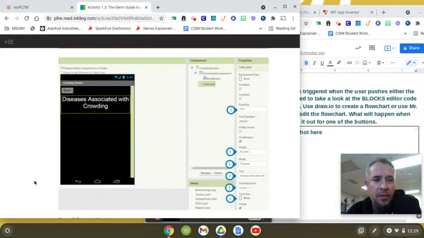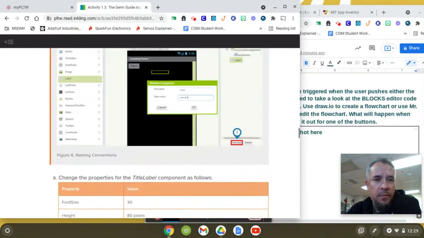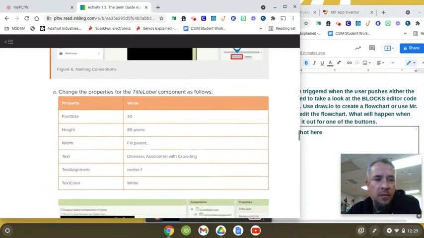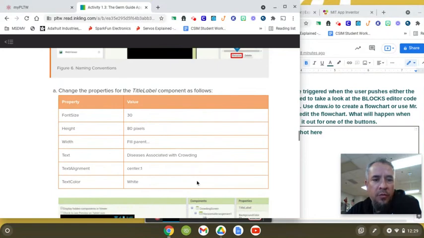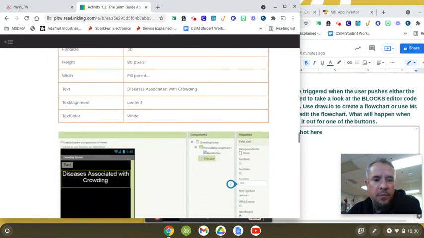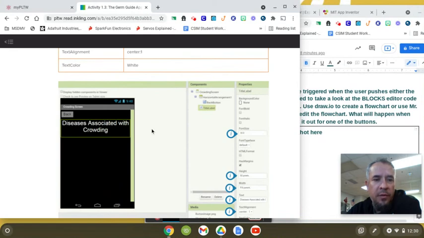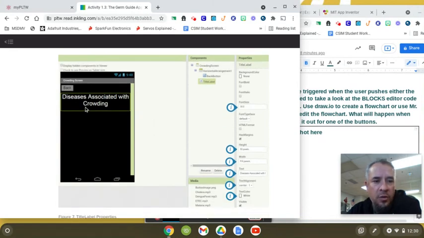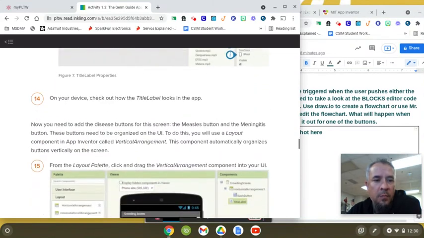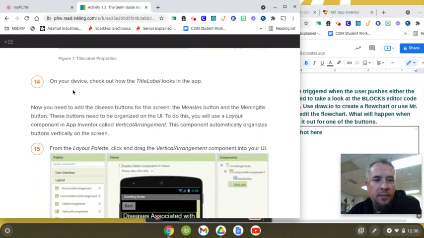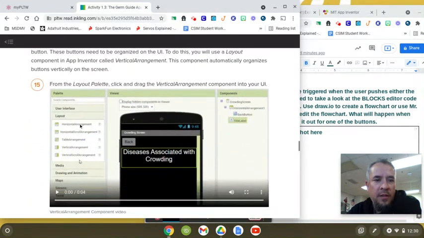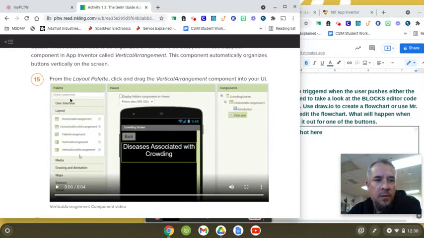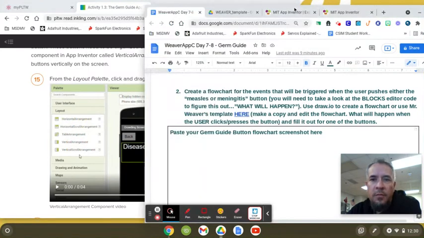So let's go back and look at what we've done so far. You've done all of these properties for the crowded screen, title, label. And if you read and follow through exactly to the T, your screen for crowded screen should look just like this right now. Move on, go to 14. We already have the title label. Okay, it says from the layout palette, click and drag the vertical arrangement component to your UI. So if I go back to App Inventor,